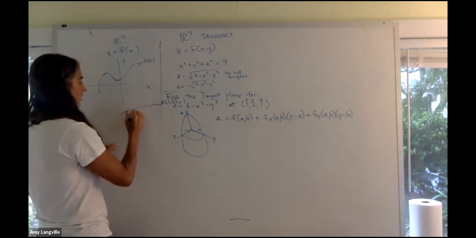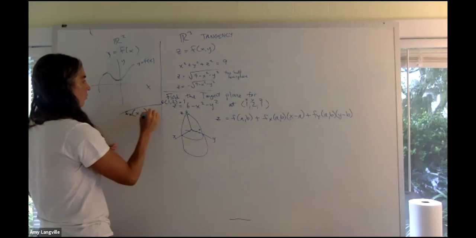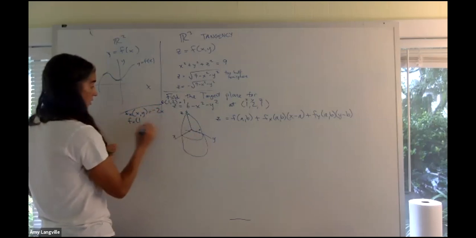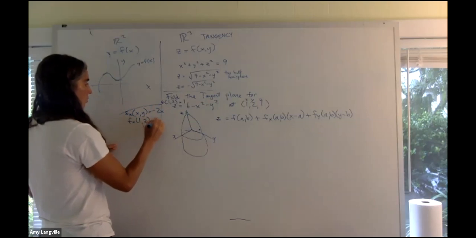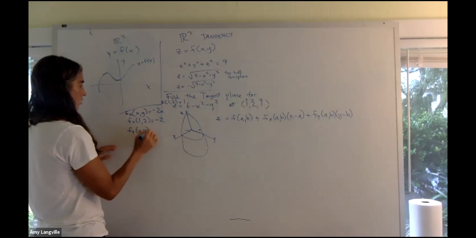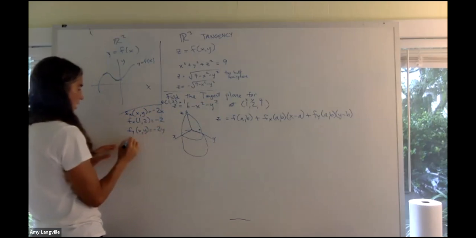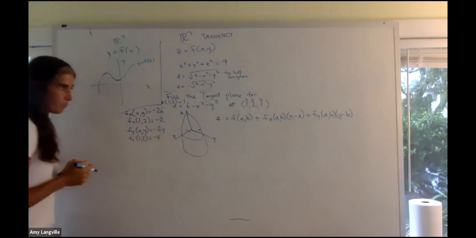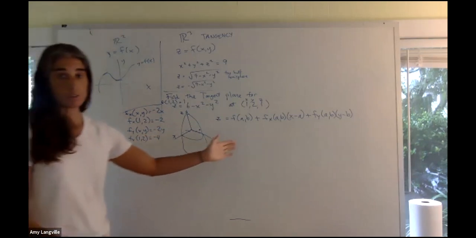So we'll put a little space over here for our partials. F sub x at any xy was minus 2x, so f sub x at the point of tangency right here at (1, 2) would be minus 2. F sub y at any xy is minus 2y, and f sub y at the point of tangency (1, 2) would be minus 4. And then it's just a matter of using this,